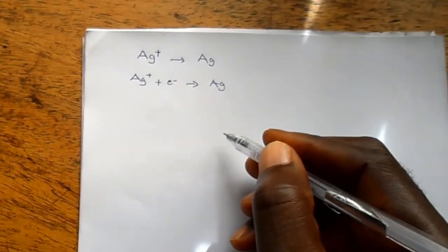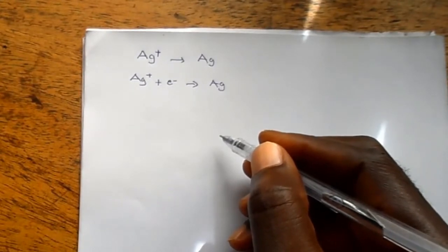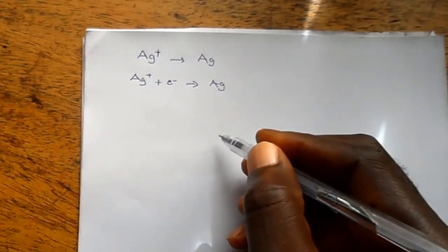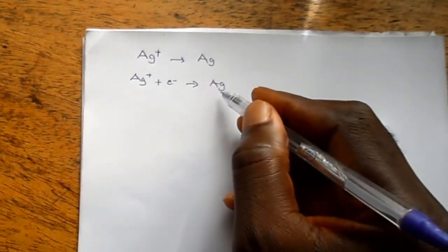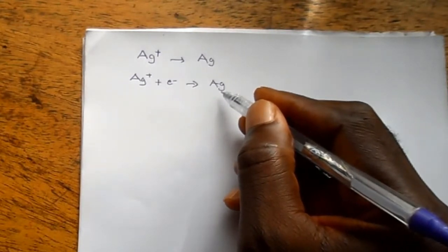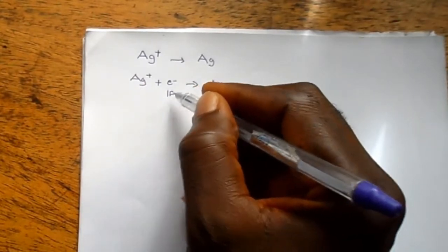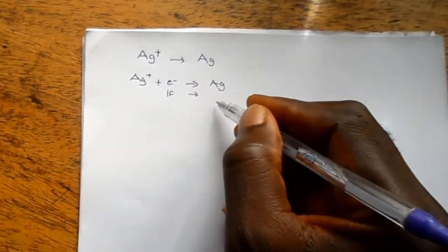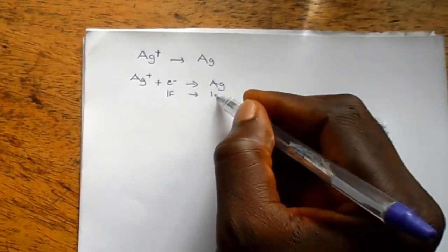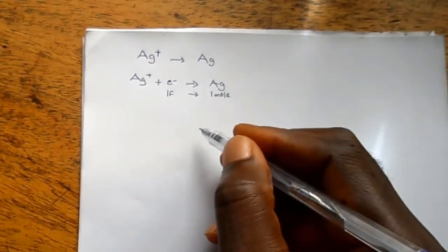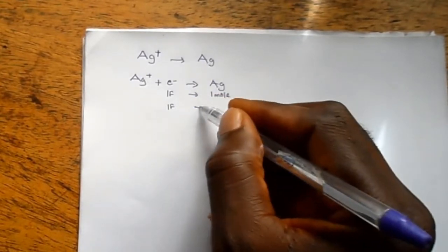Silver ion will abstract 1 mole of electron to become silver atom. Now from this reaction, it means that 1 mole of electron will give 1 mole of silver, and this 1 mole of electron is also the same thing as saying 1 Faraday. 1 Faraday of electron was abstracted by silver to give 1 mole of silver atom. So it means also that 1 Faraday will liberate